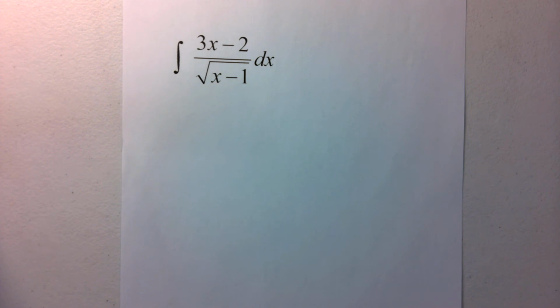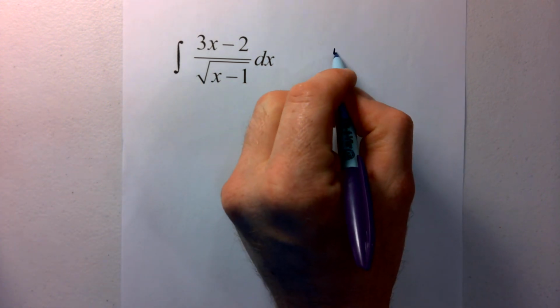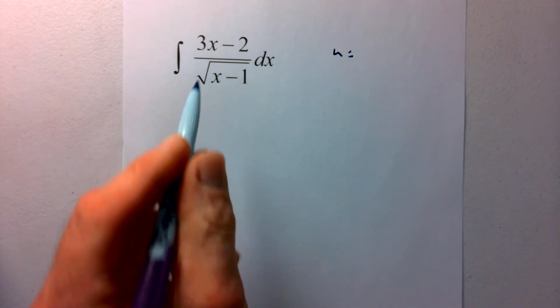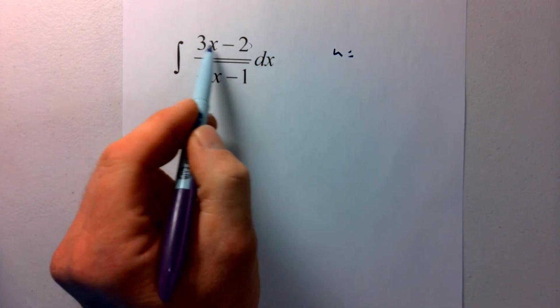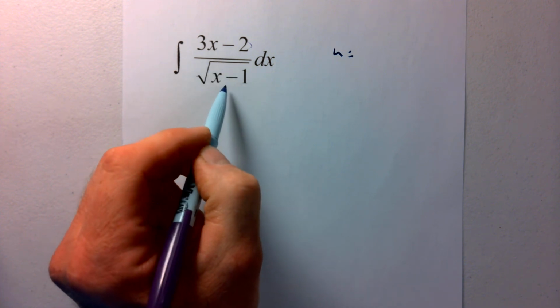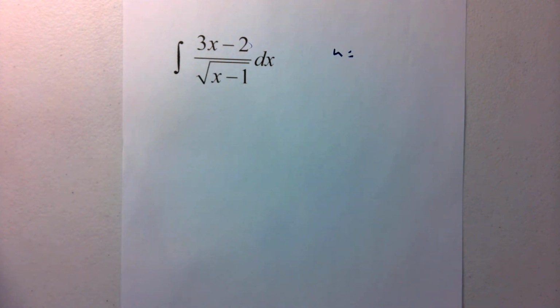I have one last example here. Give us a little more practice with it. Here on my u, what am I going to let my u equal? We could let u equal the numerator. We could let it equal the entire denominator. We could also look at just this part of our denominator. And that's kind of the way I'm going to run this